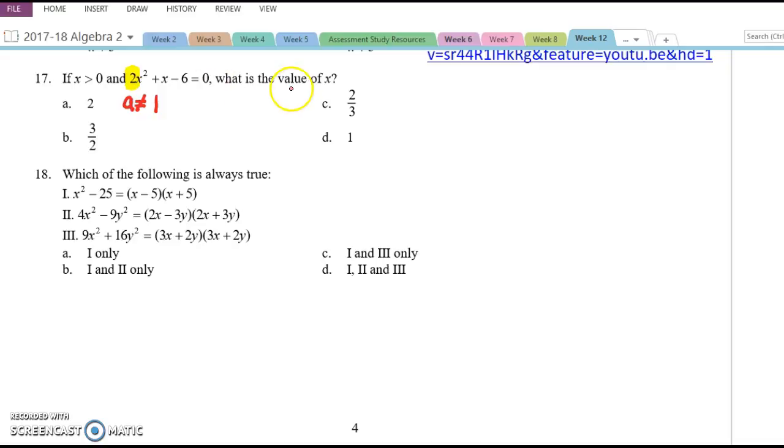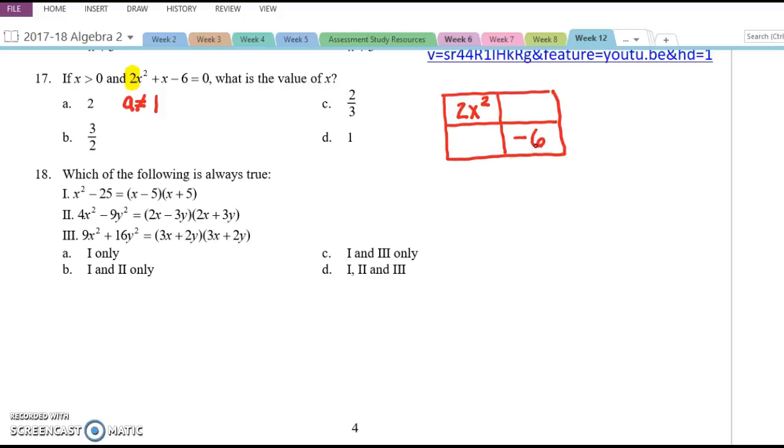In this case, we've been asked to solve an equation, and factoring is a good way to get zeros. But in order to be able to do a factoring where a is not equal to 1, in this case it's 2, box factoring is the way I always go. I know that the first component of my box, upper left, will be 2x squared, and I know the bottom right will be -6, and